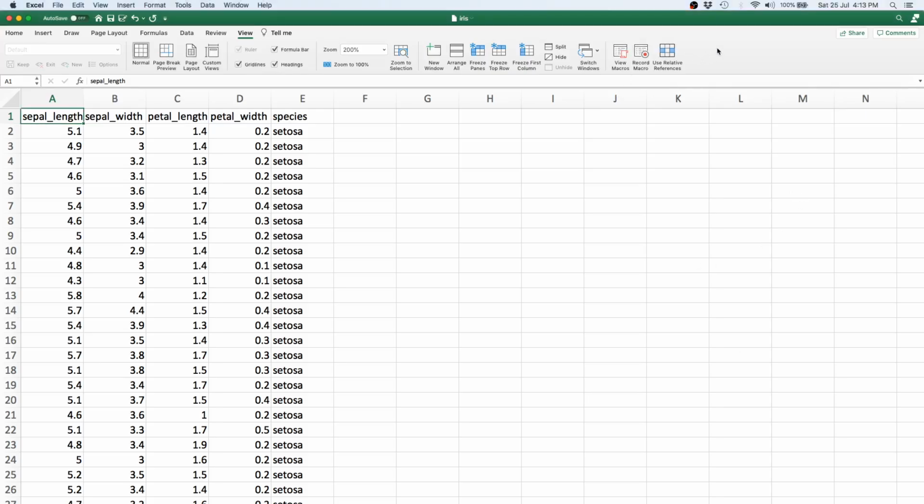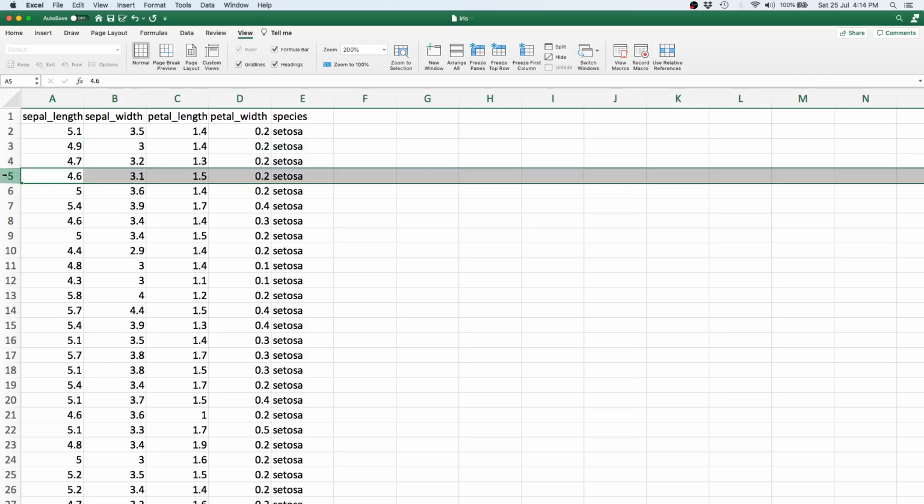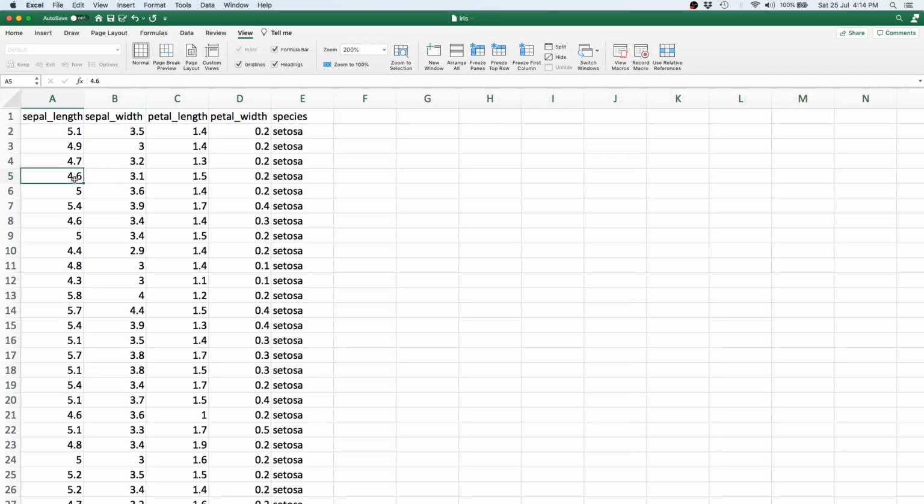So as you can see, this is the IRIS dataset, which you have seen a few times before. As we know, we have 4 numerical columns in this dataset, and we have 1 categorical column, which is the species of a given flower. And every row is basically a sample of the flower, and every value over here is basically the measurement in centimeters of one specific attribute of that flower.